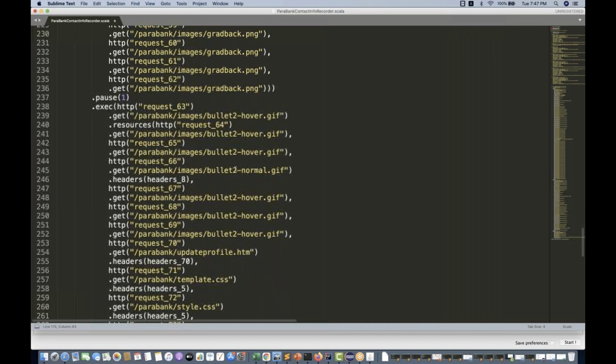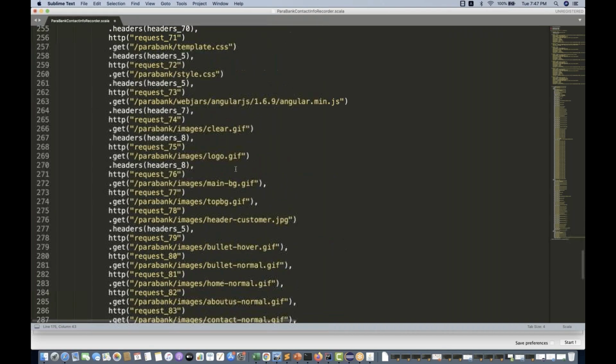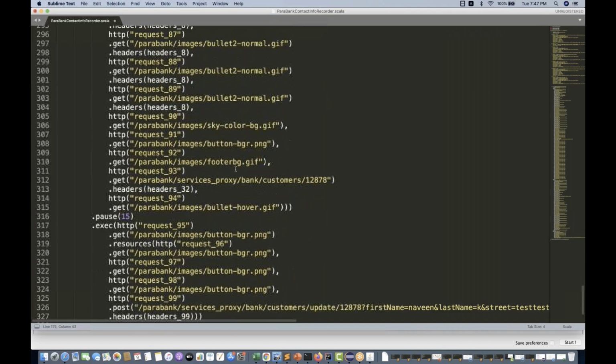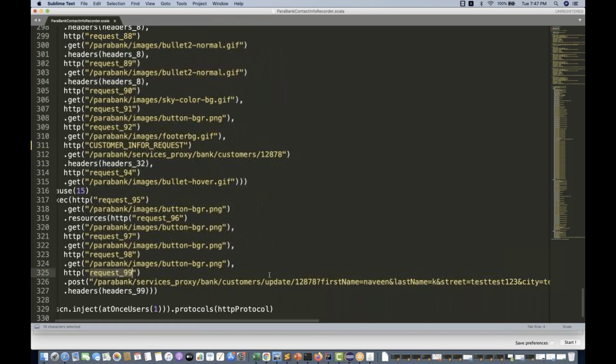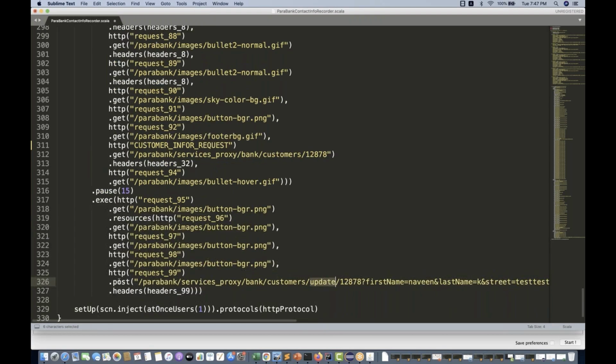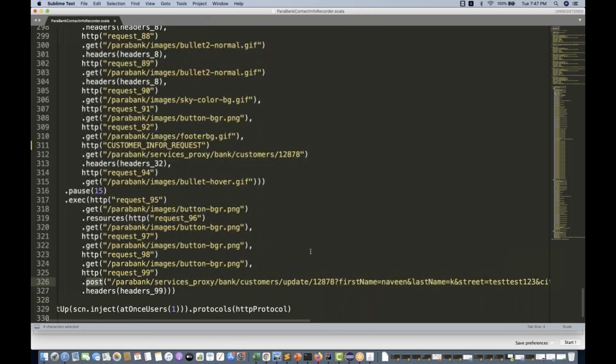After that, you simply scroll down, and we should have one more request, which is actually updating the records. So let's scroll down. Somewhere it should be there. Just keep scrolling down, and this is the customer detail. This is my customer info request. Okay, it is there. We go to the customer, and we are still not updating. See, this is the actual request over here, not result, sorry, where I'm updating. So I'm calling one post call to update the record. They're not using a put call, they're using a post call to update with this particular service URL.